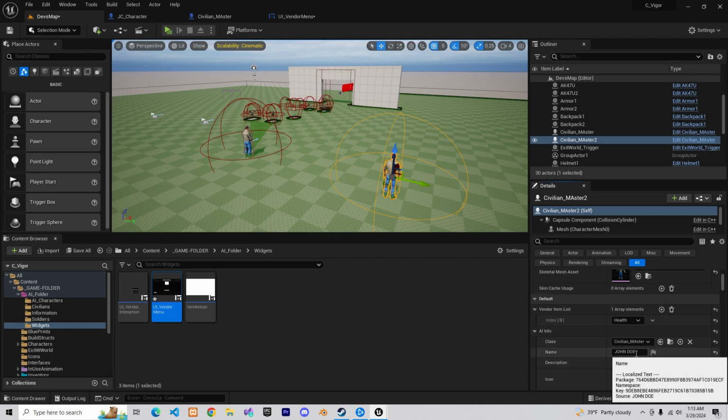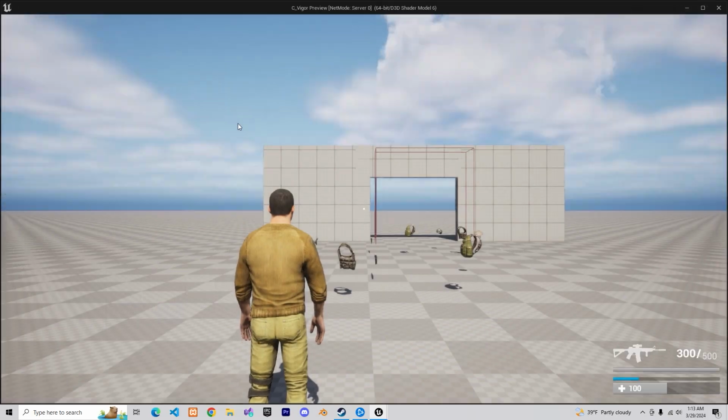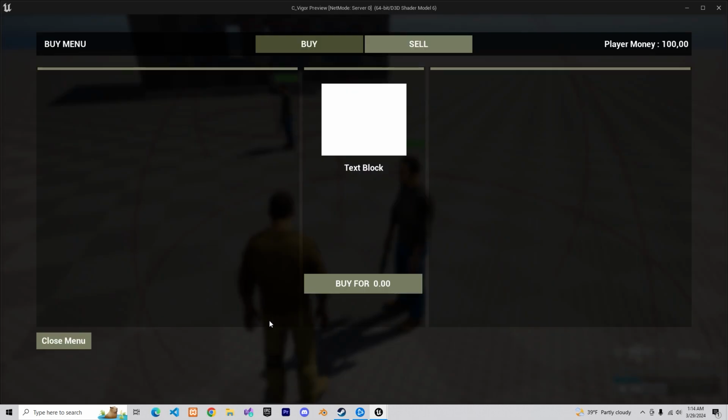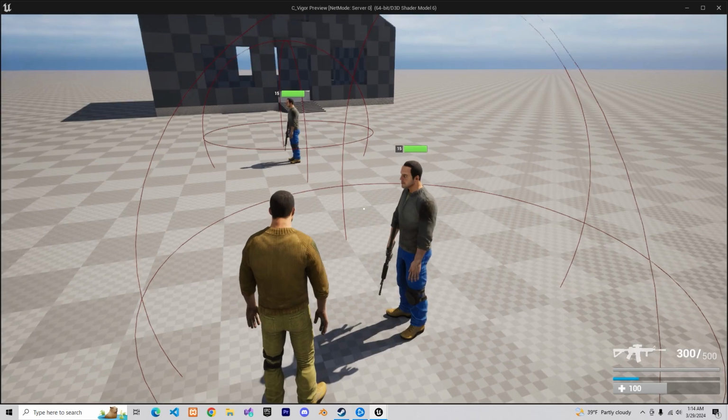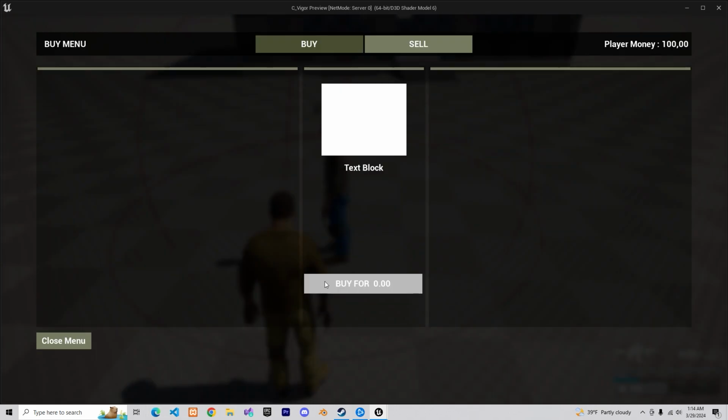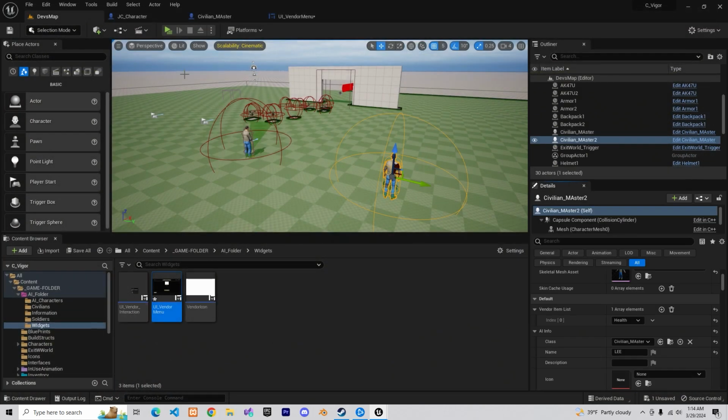AI info, and let's call him Lee or whatever. So now if I play the game, click this, click this, it said John Doe. And if I go to this guy, click the buy button, it said